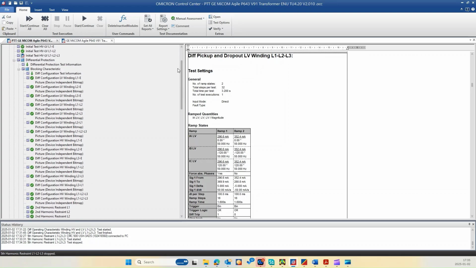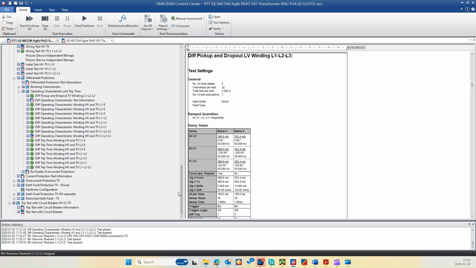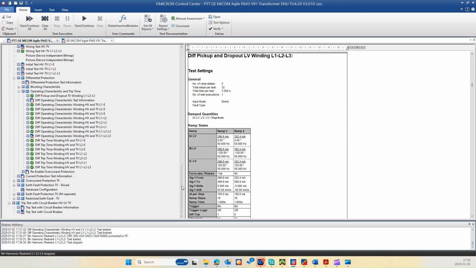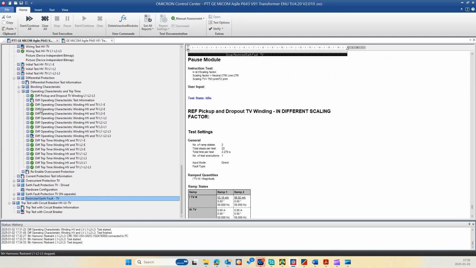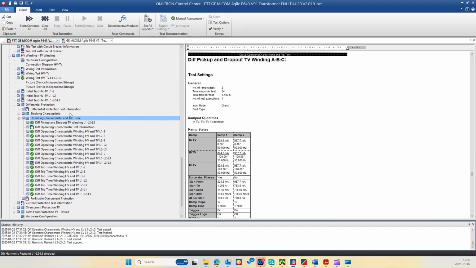So no need for any rewiring, and it will give you the possibility to do all the testing without any rewiring or disabling or enabling any function. So we can do the same also for the LV, the high voltage and the tertiary voltage. If you are seeing my screen now, I will open this differential protection between the HV and the tertiary